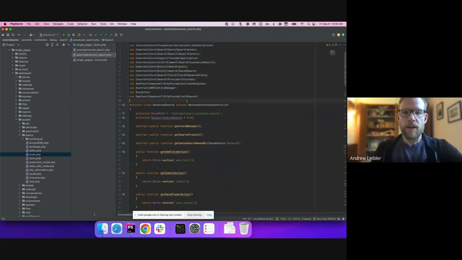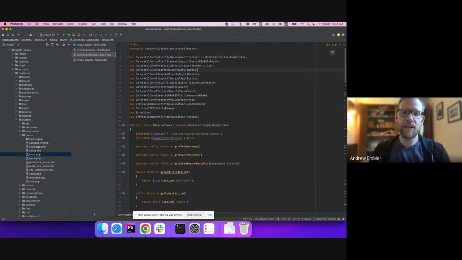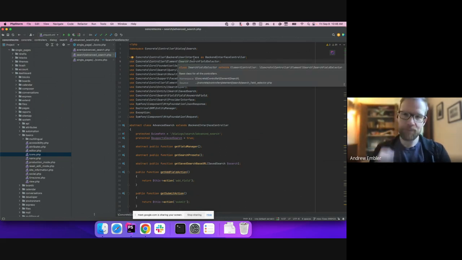Okay. So as you can see here, we are extending a built-in core class in the back